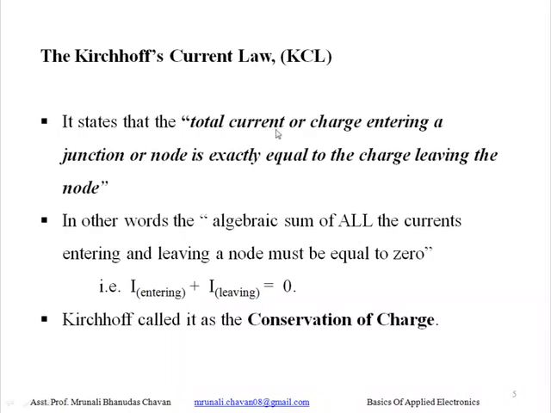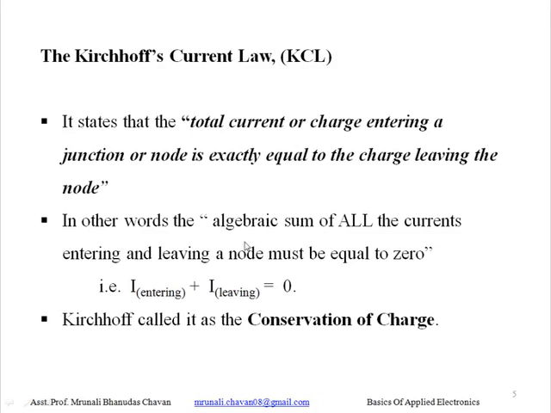The total current or charge entering a junction or node, entering current, is exactly equal to the charge leaving the node, leaving the same node. In other words, the algebraic sum of all the currents entering and leaving a node must be equal to 0. That is, we can say that